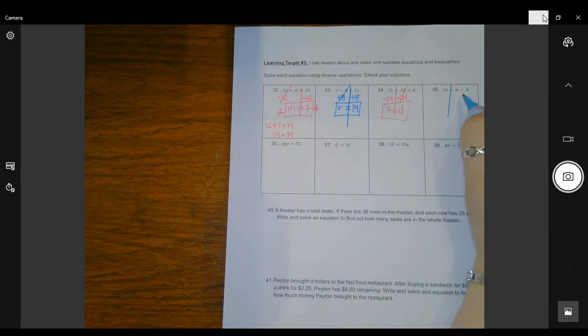Okay. Over here, this is where my variable is. So the 8 is preventing it from being alone. And the 8's being subtracted. So let's add 8 to get it to go away and get w by itself. I can only do that as long as I do the same thing to the other side. And 16 plus 8 is 24. Okay, if you haven't tried any of these yourself,